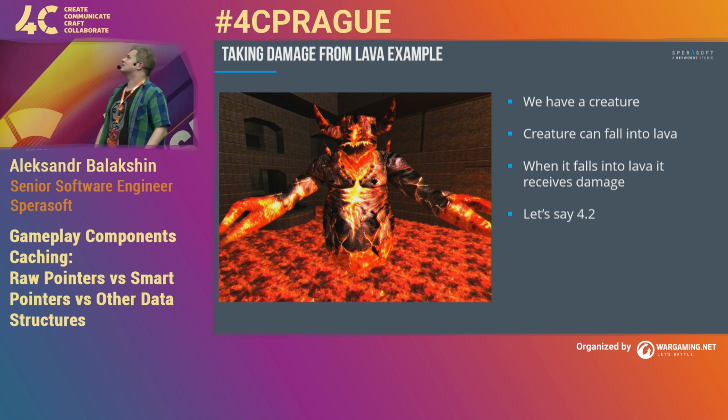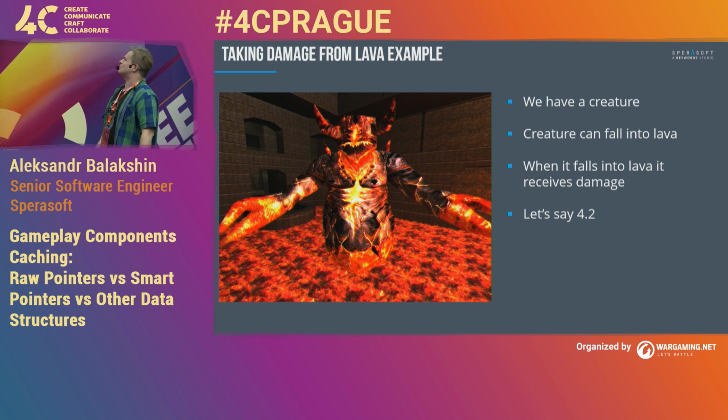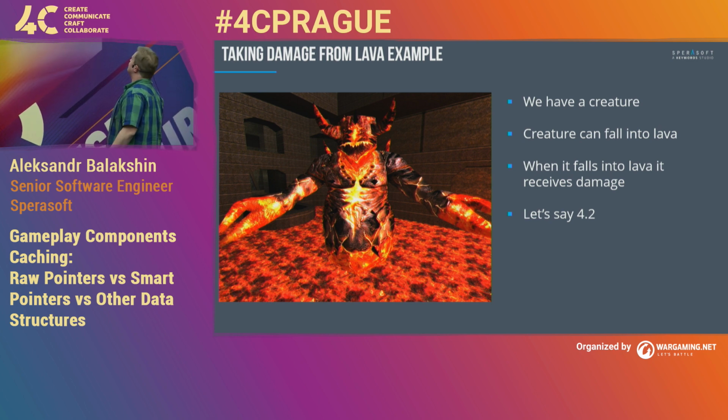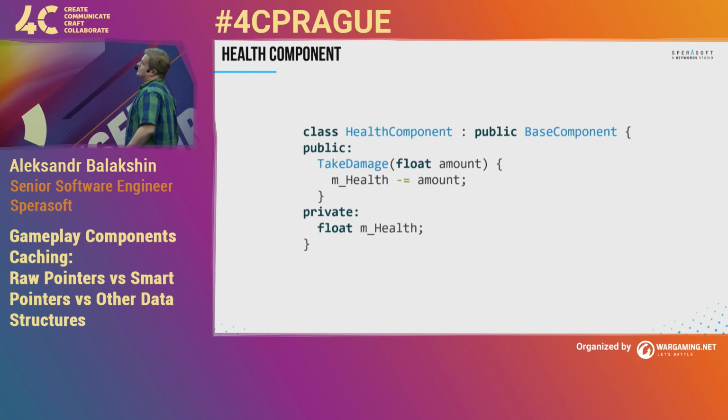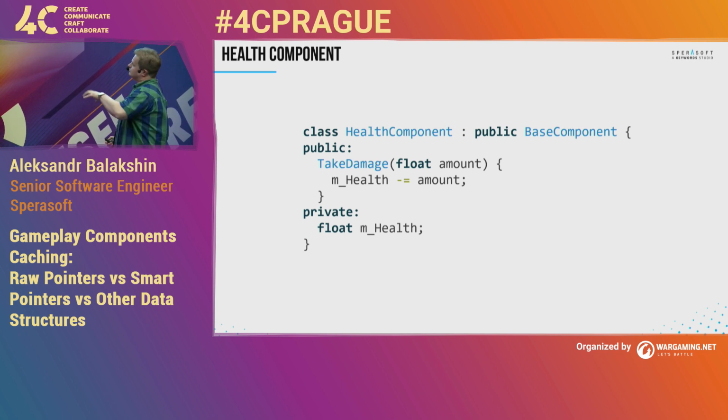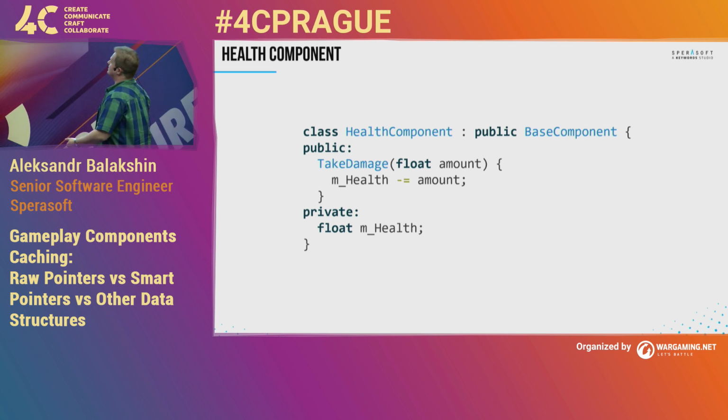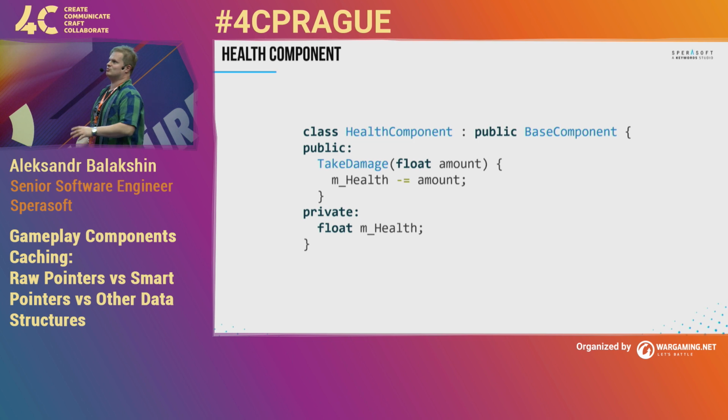Let's say we have Krisha, which takes damage from lava. Well, he doesn't look like he takes damage, but let's assume this. And every time it falls, it takes a damage of 4.2. For this, first of all, we need a health component, which will represent our current health state. The basic pieces of this component are the member variable health and a take damage method, which allows you just to decrease this health by a certain amount. Yeah, I know there should be a lot of additional checks, but let's keep it simple